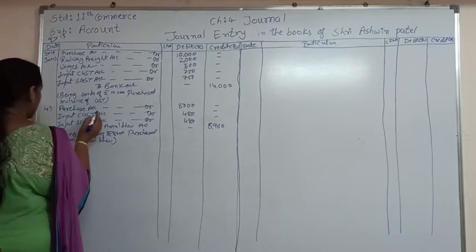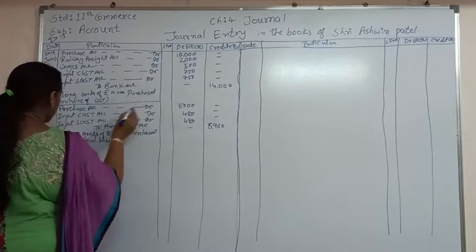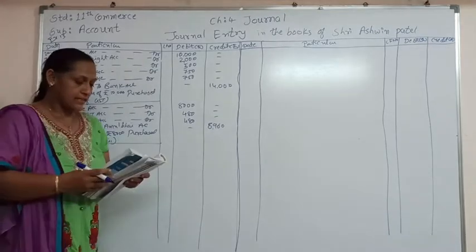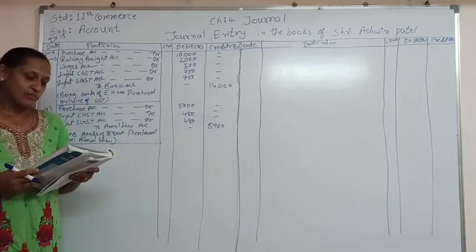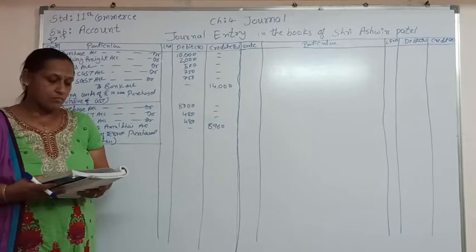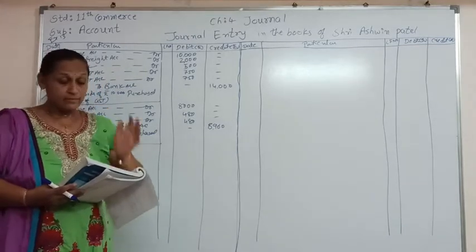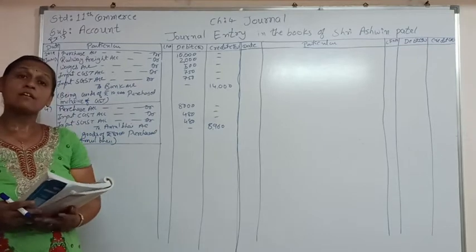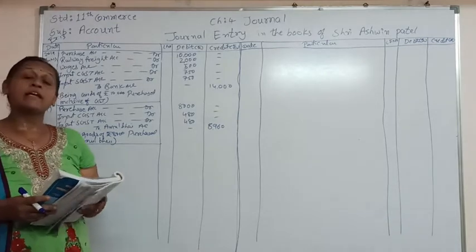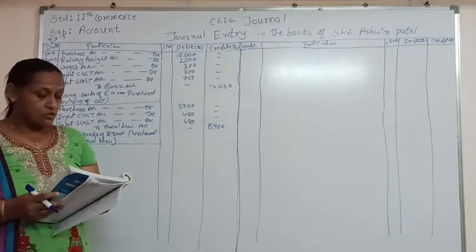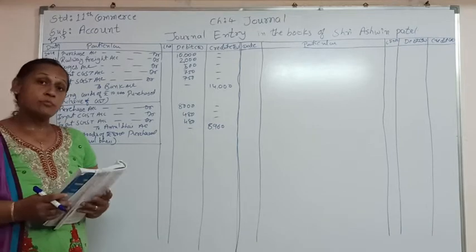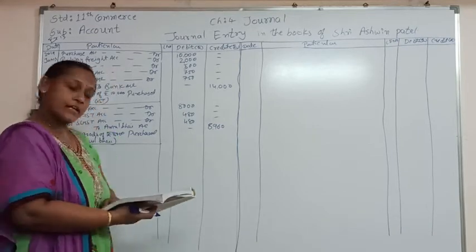That's it. So this was the second transaction. Now let's see the third transaction, that is on 7th. Goods of rupees 15,000 purchased from Rajesh Bhai of Jaipur and amount paid by check. So here this is the purchase from outside the state and for that we are going to pay input IGST. So here purchase account debit, input IGST account debit to bank. That journal entry is supposed to be passed.